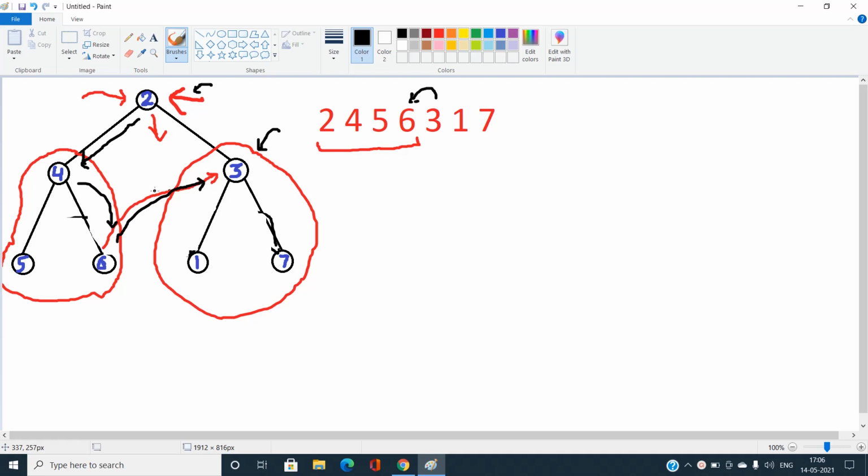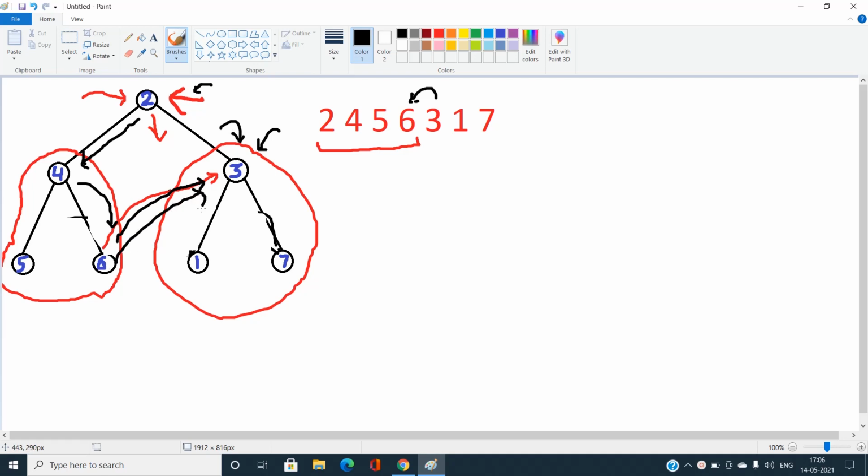If you are not understanding the concept of pre-order predecessor, no need to worry about it. It is nothing but, when you are traversing the binary tree in the pre-order fashion, you just need to take care of the last node that comes before it in that pre-order. If you are talking about this 3, you can easily see this 3 comes after the traversal of this 6, that is after this one.